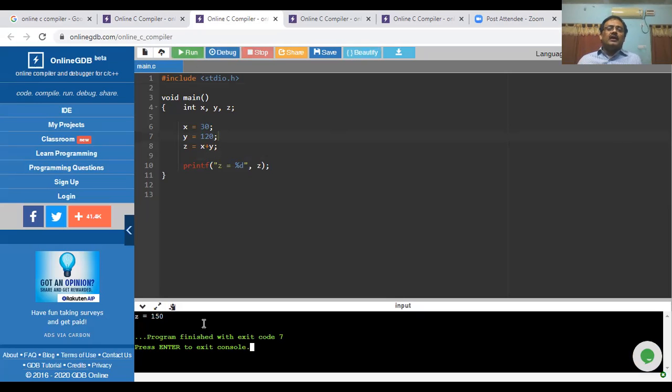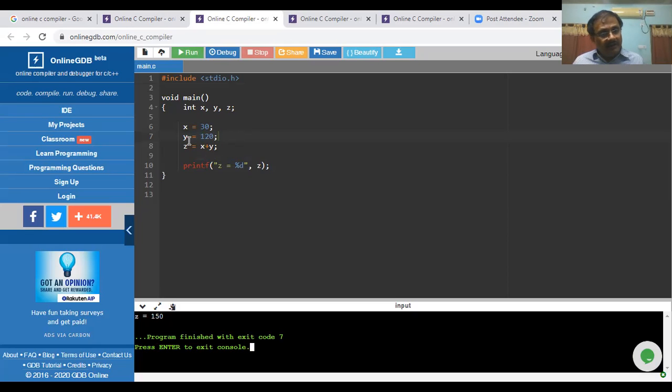Right? So every time to execute the same program, to perform the same operation, we can execute the program with changing values of the respective variables. But every time I have to go into the program and make the necessary changes to the assignment of values to the variables.